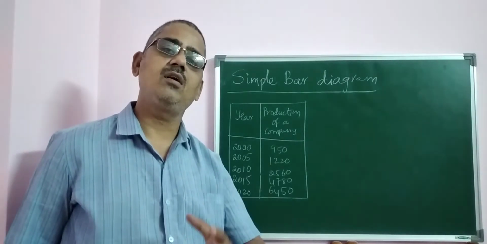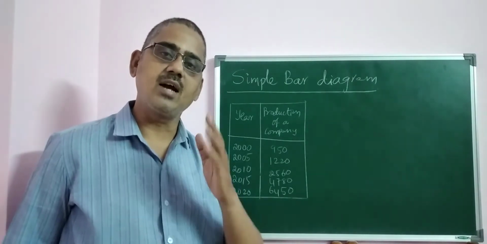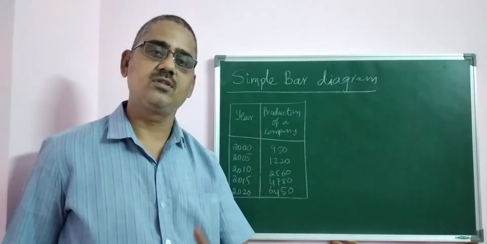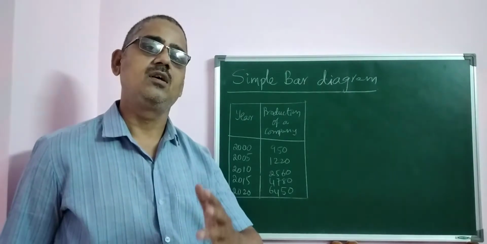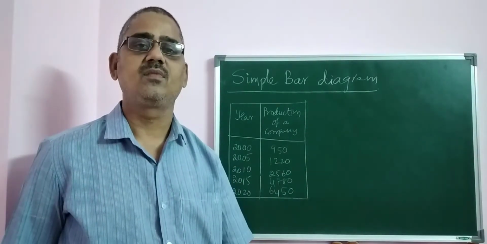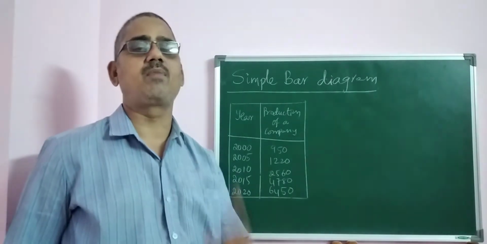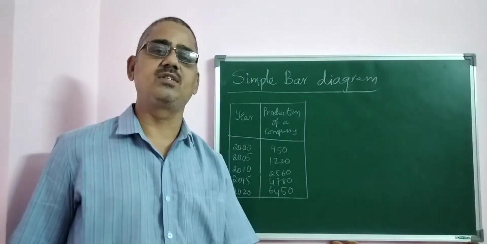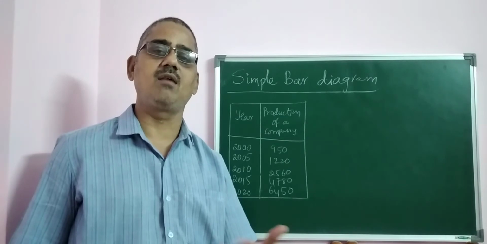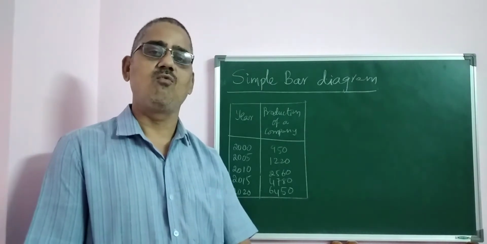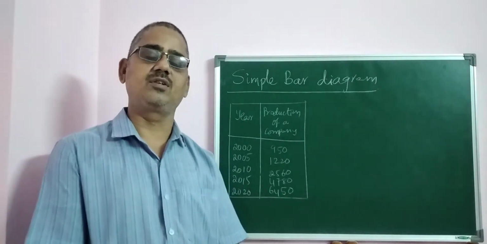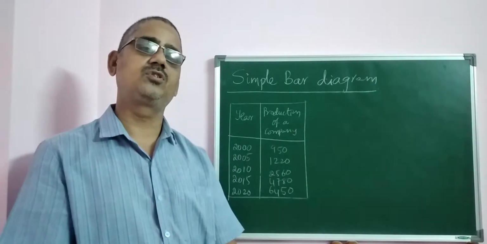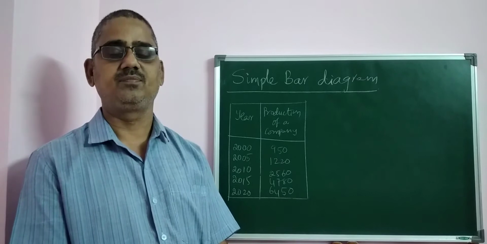If you represent the diagrammatic representation of a bar diagram with one variable, the values of the one variable, such construction of bar diagram is known as simple bar diagram, with only one particular category, with only one particular value of the variable. For example, sales or profits, agricultural production, industrial production, income, whatever it is. Values of one particular population characteristic. So such representation is known as simple bar diagram.